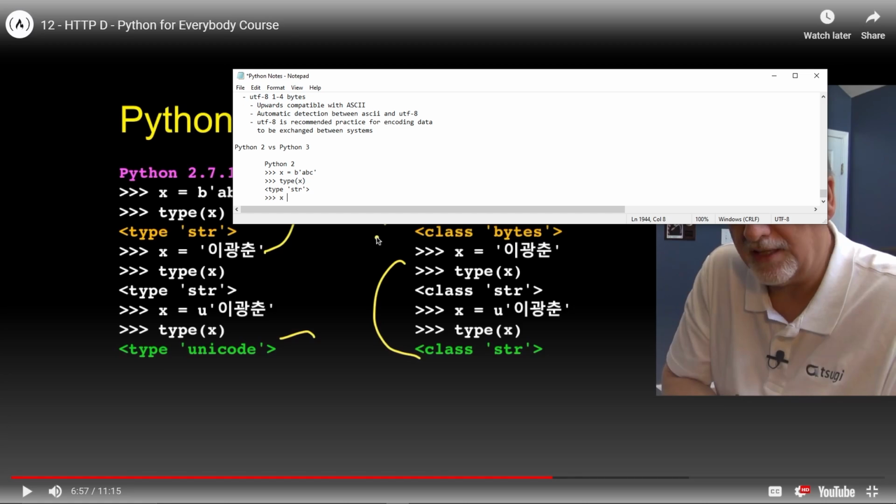All right, so let's do this. We've got x equals Korean characters. Okay. And when we say type of what type x is, it's going to be type string. Okay. Type string. Okay. And then we've got